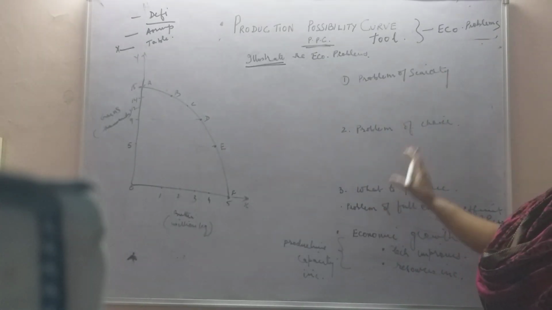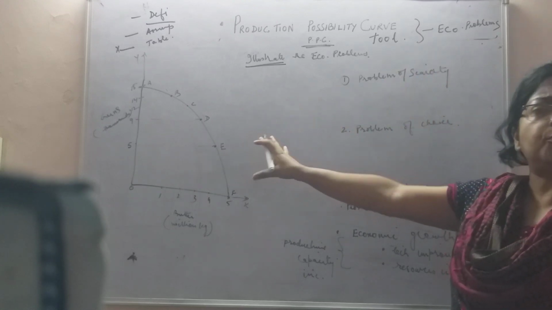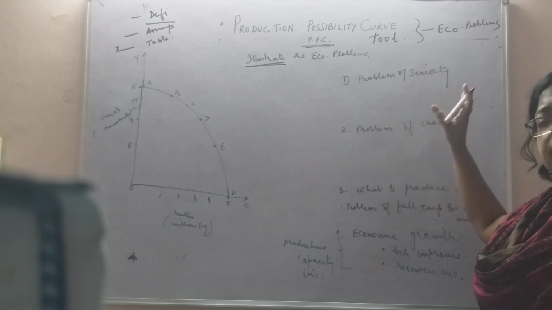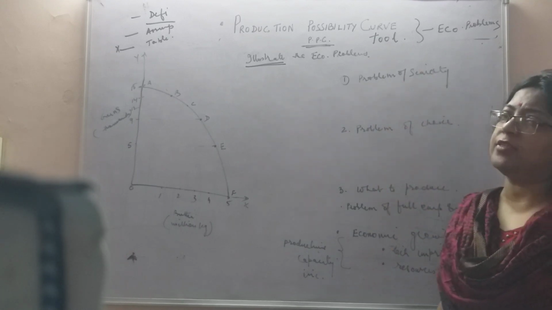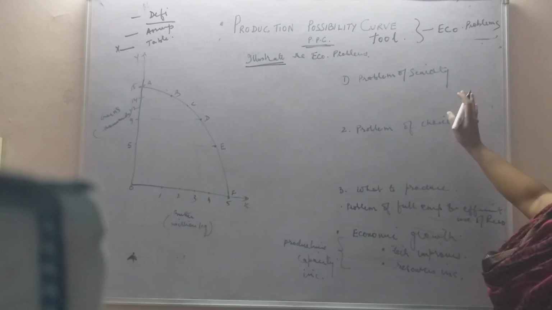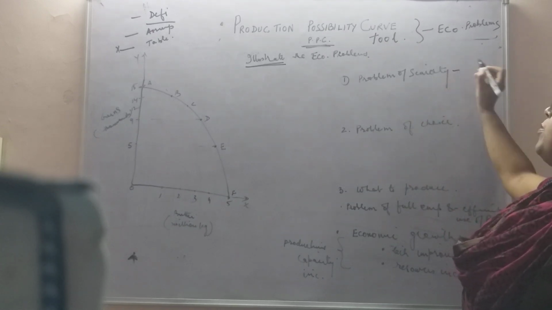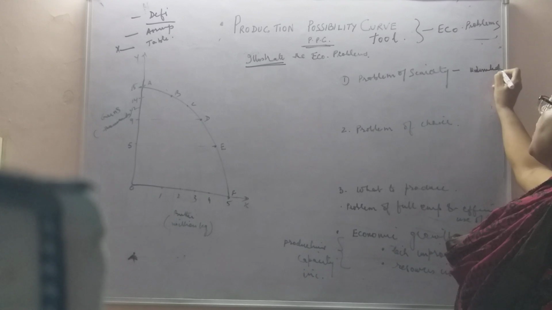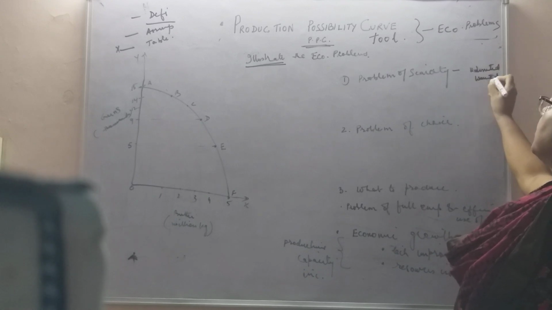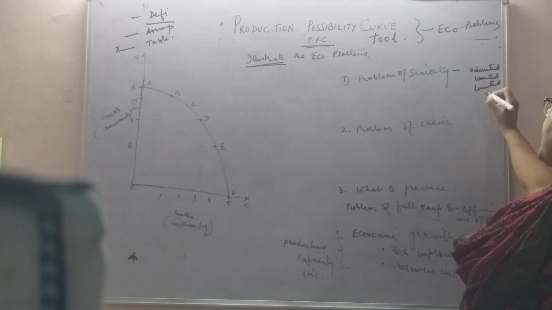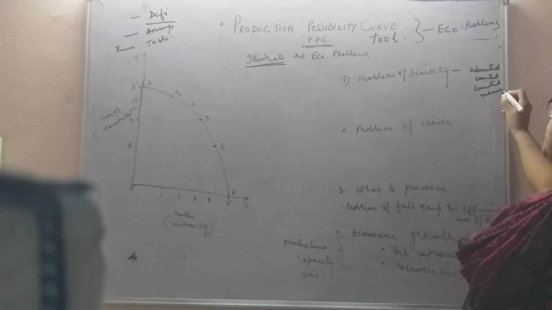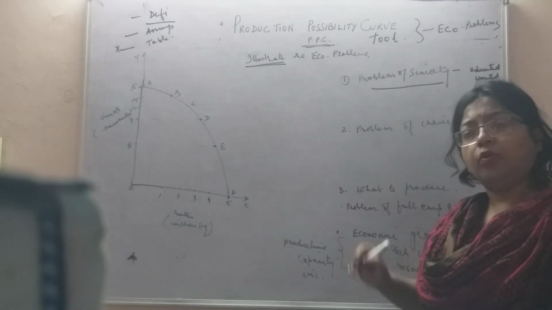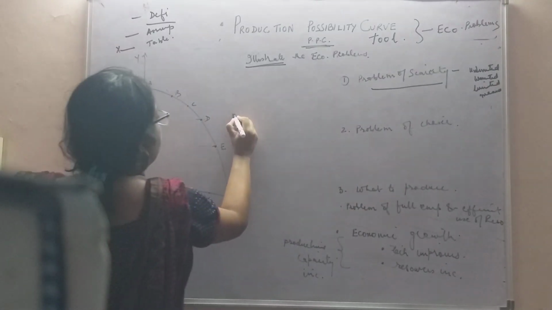If it's a 3-mark question, then just highlight in the curve which point indicates which problem. But if it's a 6-mark question, then explanation is required. So in this question, what will you explain? That the problem of scarcity is a common problem. It is because of unlimited wants and limited means. You have to explain this in just 2 lines. Therefore, the problem of scarcity arises in countries, and this can be shown in a PPC